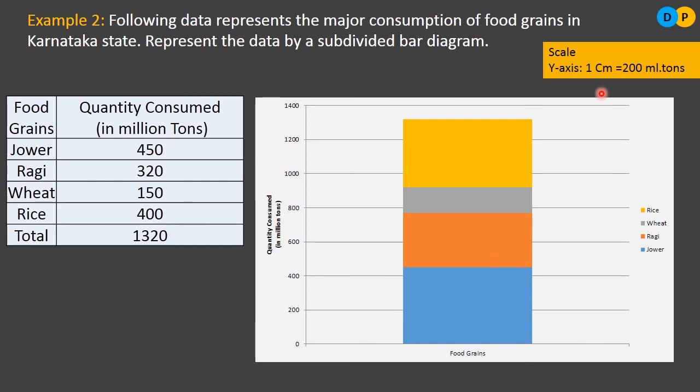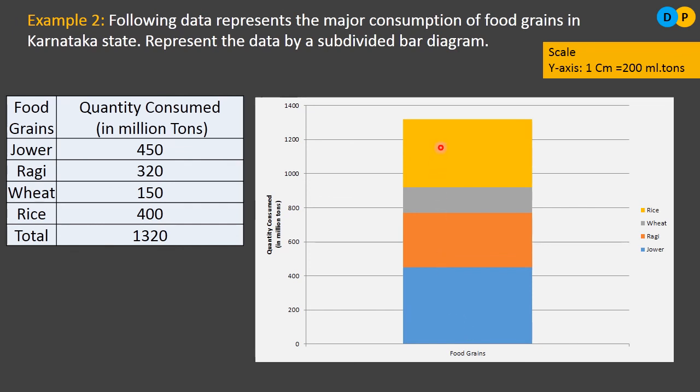Next. So this is the component bar diagram. The y-axis is divided into different scales. Here 1 centimeter is equivalent to 200 million tons. So in total we are representing here 1,400 million tons. How many variables are there totally? 1, 2, 3, 4. Totally there are 4 variables. You can notice there are 4 different colors present here, and the total will not be considered as a different segment. Total will be the magnitude, the entire height of this rectangular bar.